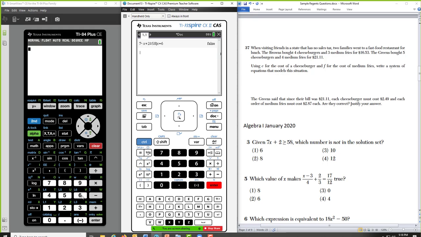On the 84, instead of the 12.3, you might want to use the actual solutions given. So I would do that 6 first, stored into x, 7x plus 2. In the math test feature, here are all your inequalities. Greater than 58. And remember, we should get a 1 or a 0. 0 means no. It did not fall into that solution set.